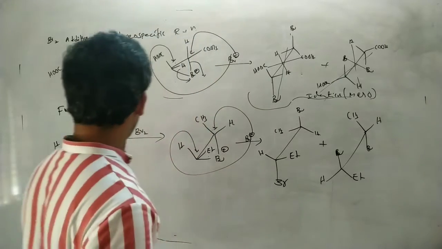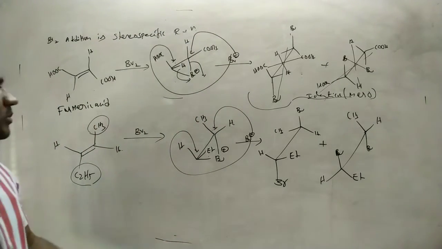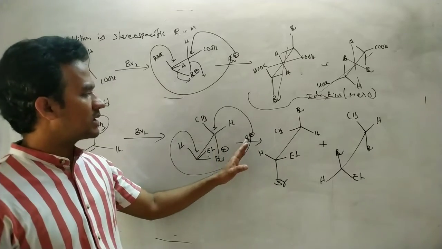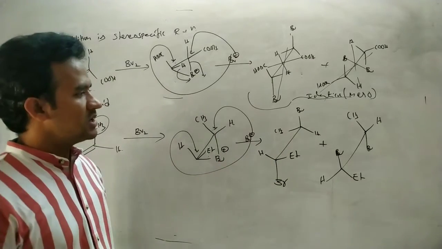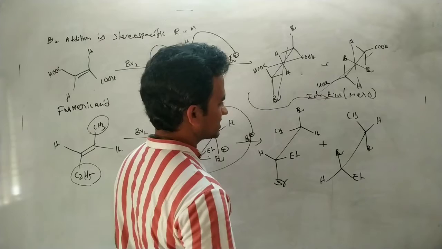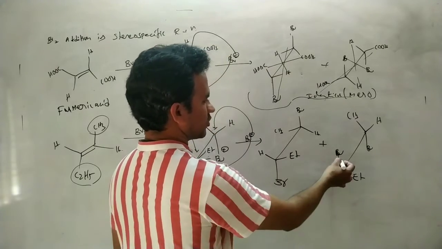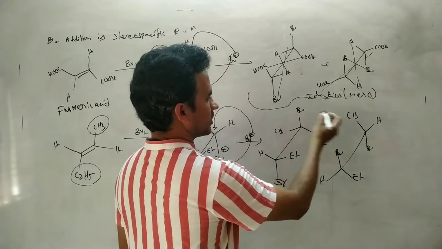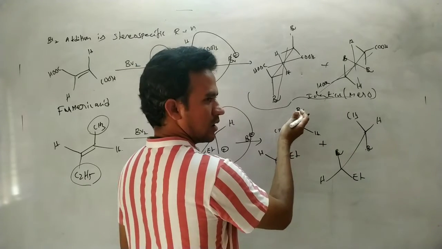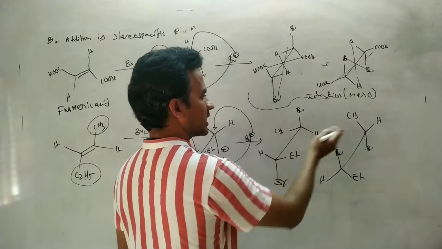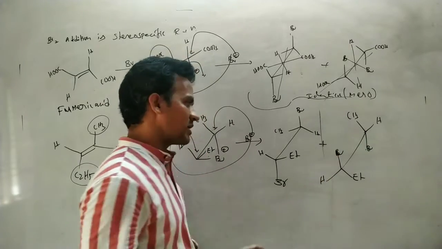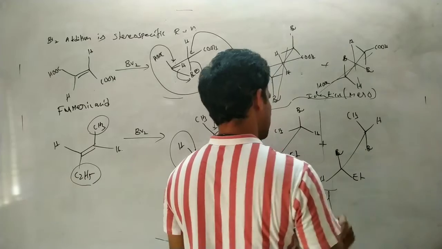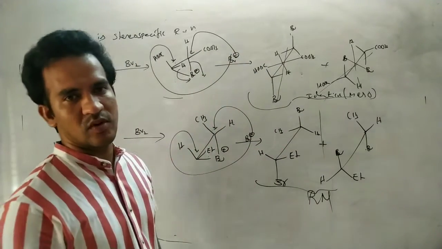So in this case, the unsymmetrical alkene reacts with bromine to form a cyclic halonium ion, and by attack of Br minus on opening it, we will get different types of products. These two are exactly mirror images: here bromine is in the downward direction, here bromine is upward. Here ethyl is upward, here ethyl is downward. Methyl is on the right side but downward here, and upward there. Of course, these two are mirror images of each other. That means a racemic mixture is formed.